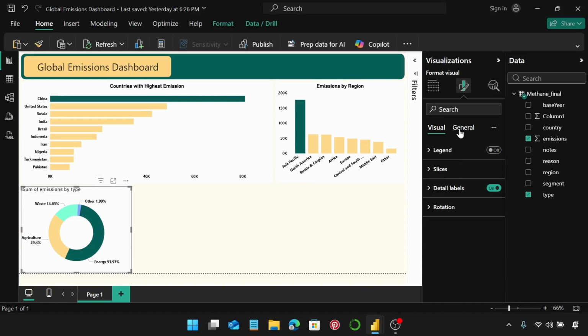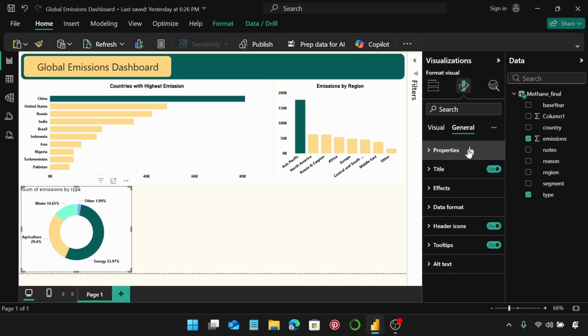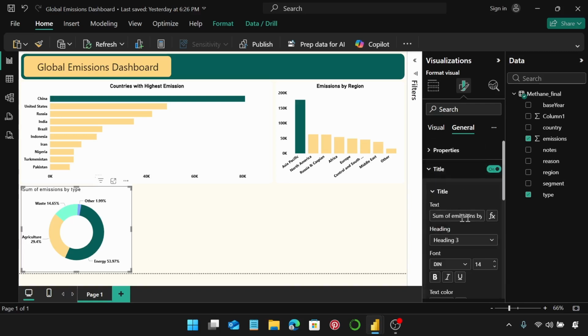Now let's go over to general. Expand properties, change the height to 278 and width is going to be just 365. So for me it was just under that, so I just changed it to 365 for the width. Let's close this, go over to title, and we can change this to